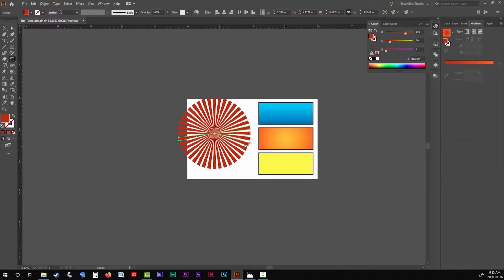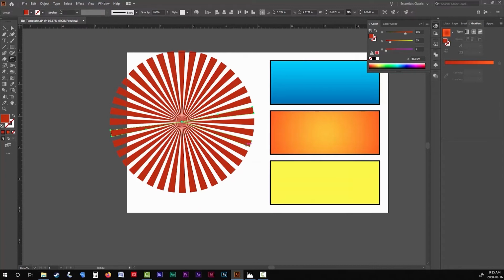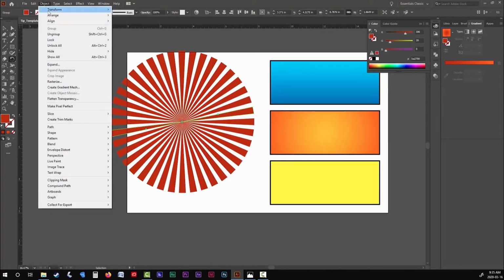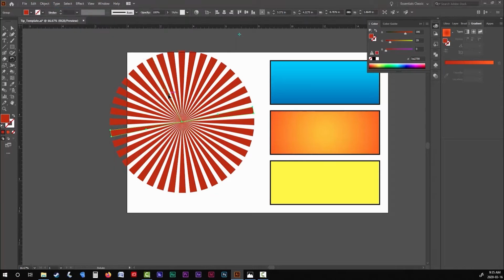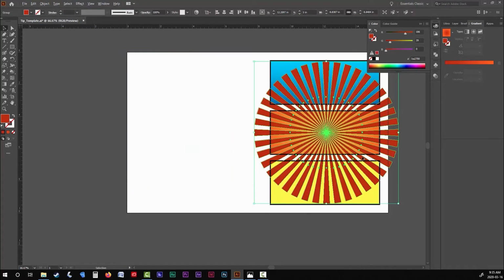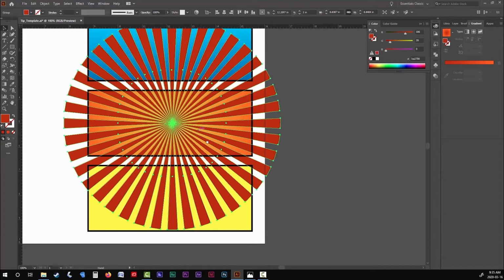But if yours isn't spacing properly or you need a specific degree of spacing, with your shape selected, you can always go up to Object and then choose Transform and Rotate. In the rotation menu, just type in the degree of rotation that you want, hit enter, and then just keep repeating that function over and over until you have a full circle. There's probably an even easier and more accurate way to do this, but those are the two ways that I've always used. So now I'm just going to select all of these shapes and group them together, and then I'll slide them over on top of my background.